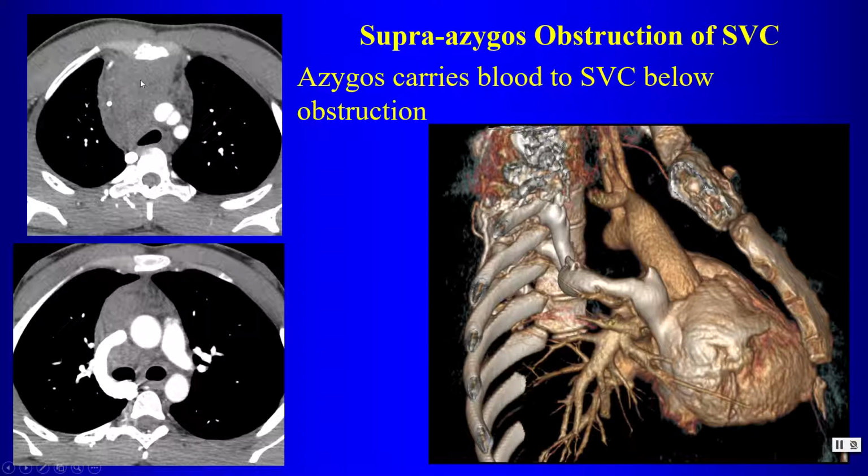So here's a patient with lymphoma who has obstruction of the superior vena cava above the azygos vein. When we get to the junction of the azygos vein, we can see this undiluted contrast that has gotten here through collateral pathways, and now that is going into the superior vena cava below the obstruction, and that helps to prevent the thrombus or obstruction from propagating down the superior vena cava. So here's the azygos vein carrying blood flow to the superior vena cava, keeping the caudal portion of the superior